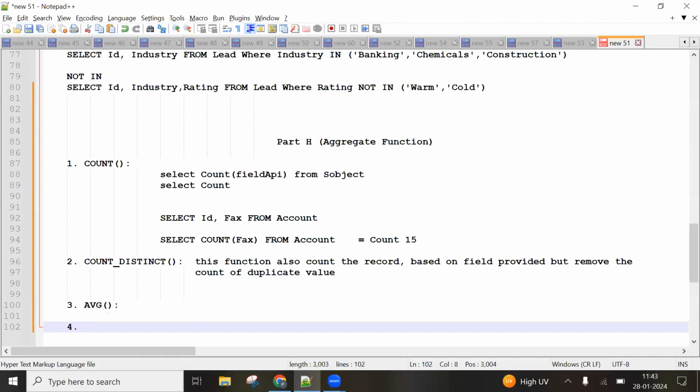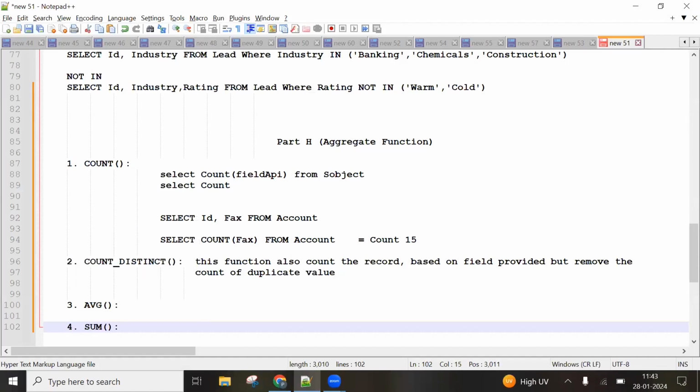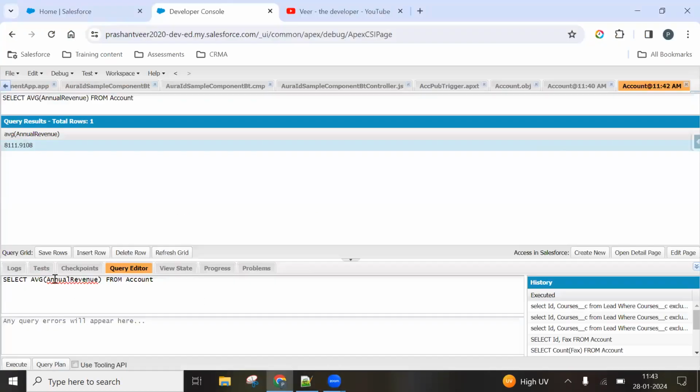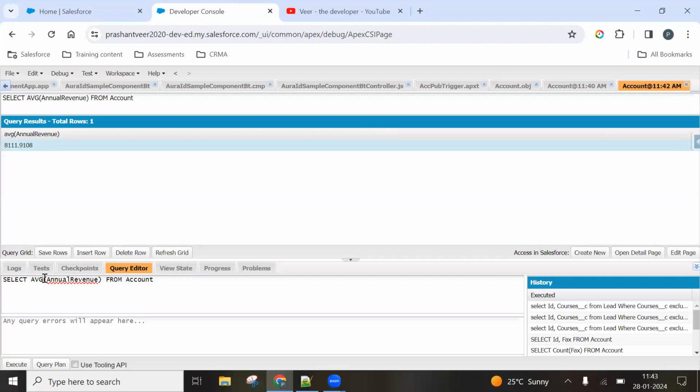Now, the fourth we have is sum. Sum means the same thing, that this will sum all the field values, 200, and then keep adding. So if I just remove this and replace it,